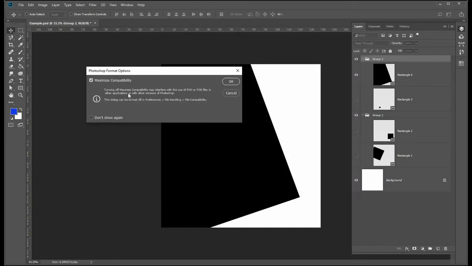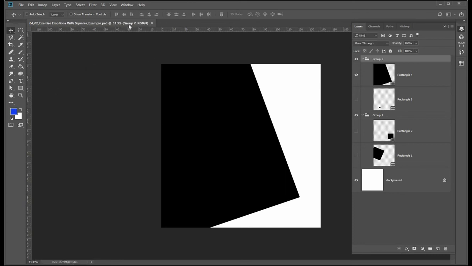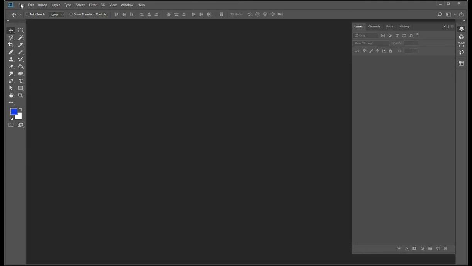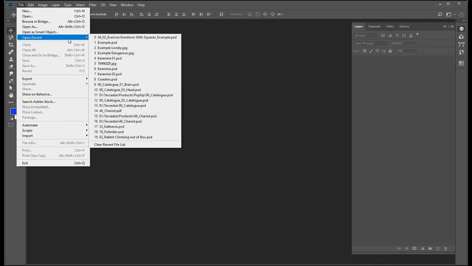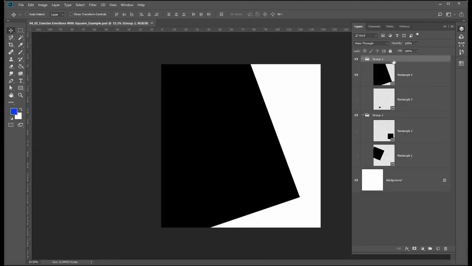It asks me about compatibility. I maximize, that's all right. Okay. So now I have this file. When I close it, then I can go to File, Open, and find it, or I can go to Open Recent Files, and here it is. So when I click on it, as you see, you still have all the layers here,